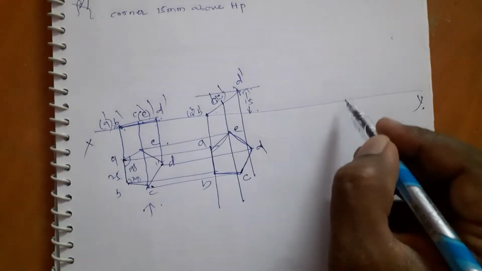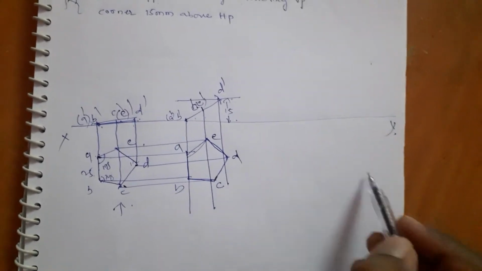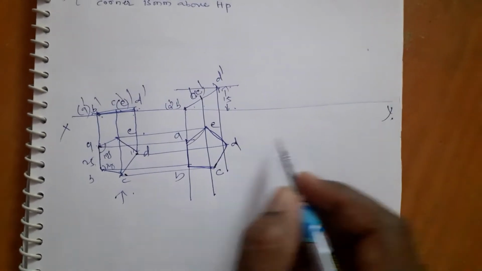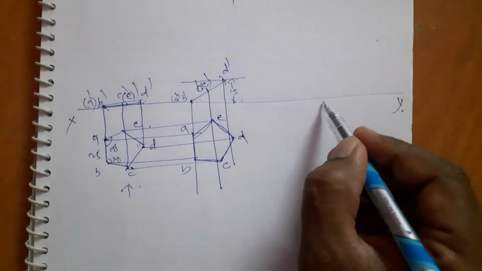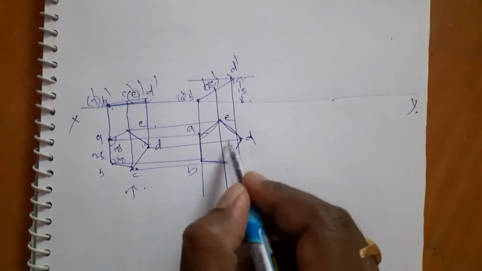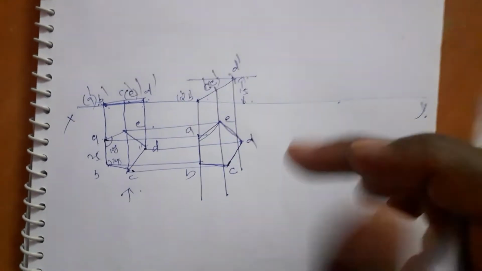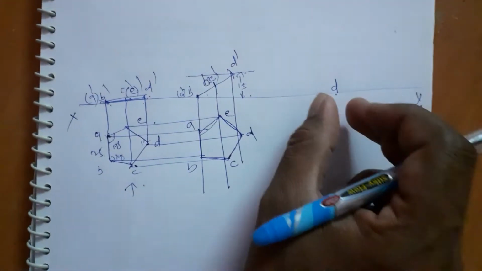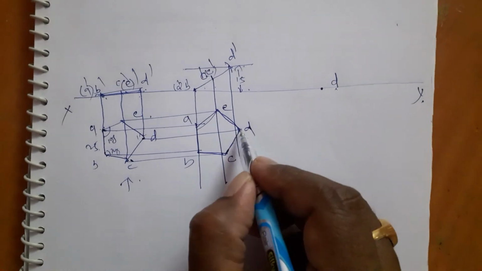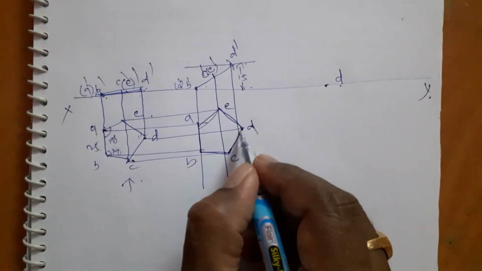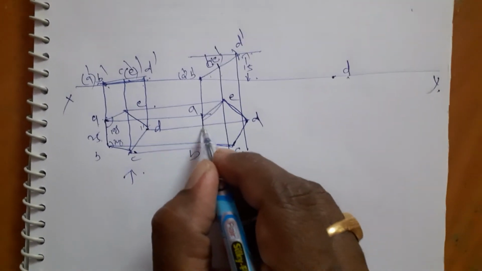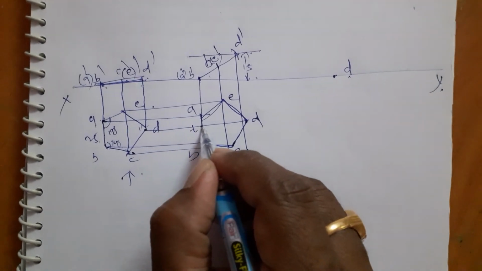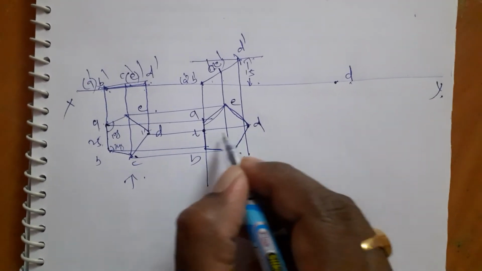Now in this step, what he generally used to give is 45 or something, but here he said this corner is going to touch the VP. We have to shift this here. How are you going to shift? You know only one point, that is D. If you know 2 points, then you can easily shift, but you have only 1 point. So I will measure this as a temporary point T.